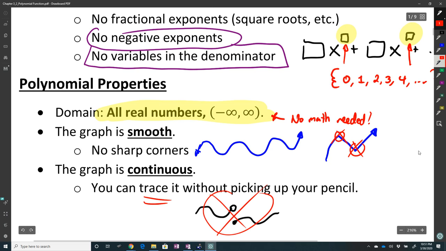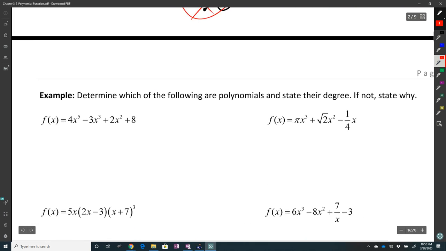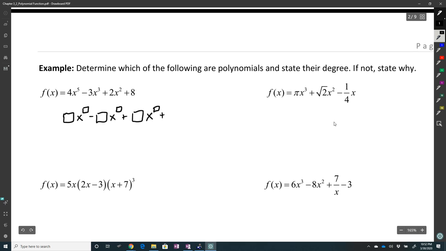All right, so let's go to the next page. So determine which of the following are polynomials and state their degree. If not, why is it not a polynomial? So looking at this first expression, you can see the first one's kind of basic. It starts off as x to the minus x to the plus x to the plus